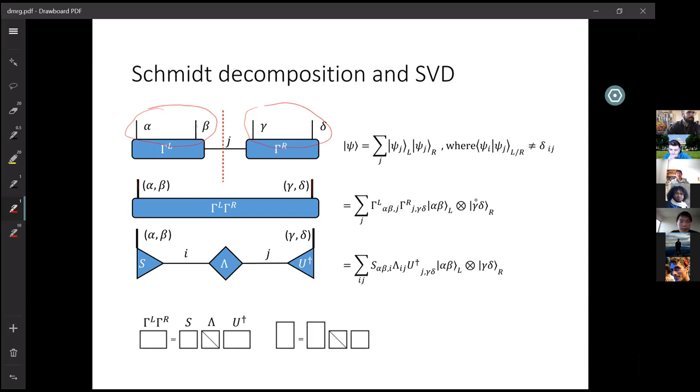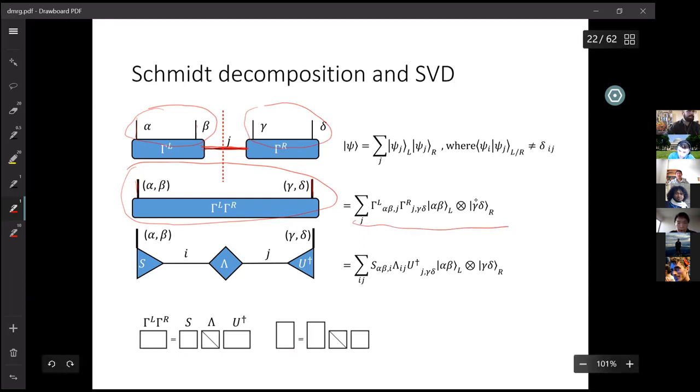Okay, so you can just start by looking at this tensor. Here we basically contract this J bond and combine the two indices to form a bigger index. That's physical, and this is internal and contracted. So here we have basically a matrix with two physical indices. Okay, so the wave function looks like this. All right. Now what we do is